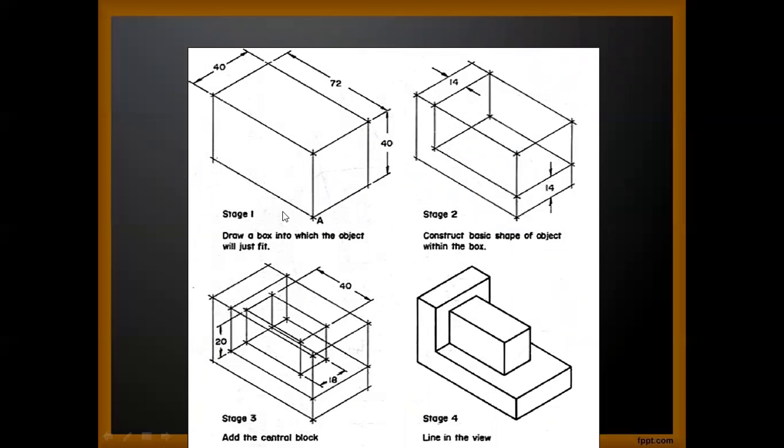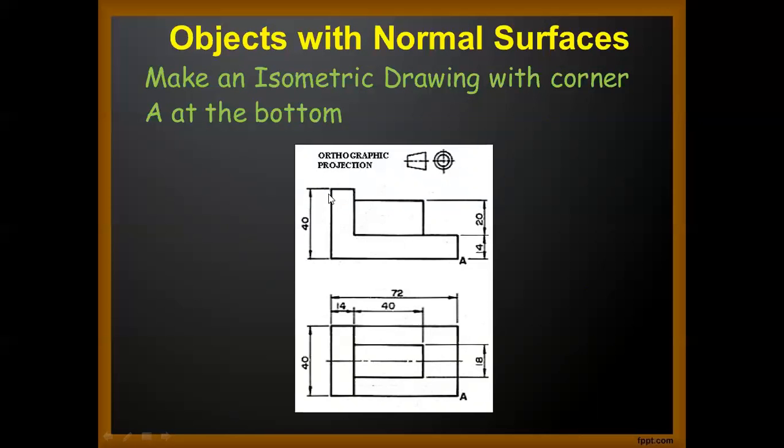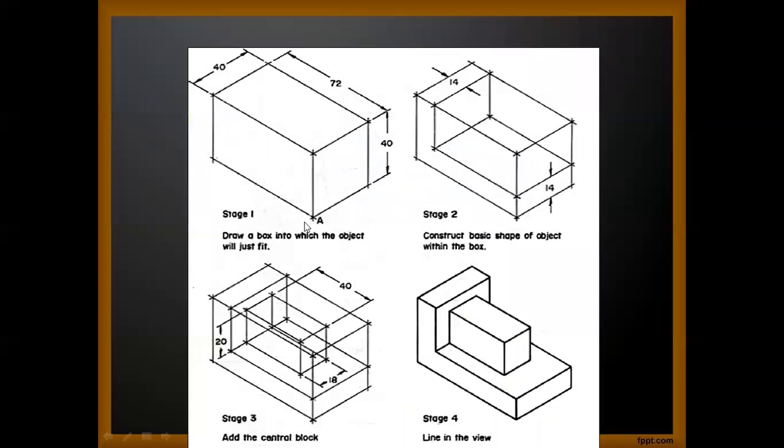So this is 72. What about the remaining dimensions? We need height, and the front view will give you height and length. This is 40, so this distance will be 40. Automatically this will be 40 and the third line will also be 40. So we can complete by drawing parallel lines on the opposite sides. This will give you the lower half of the box, only the upper portion is remaining. So draw lines parallel to the opposite lines from each remaining point and join them. You will get the complete box.